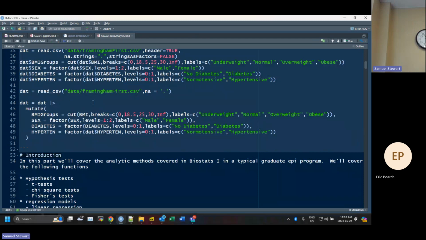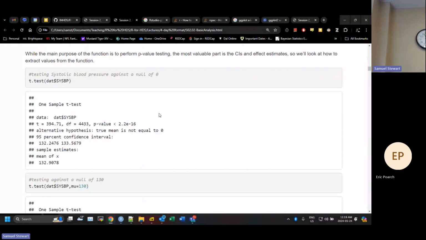If we run the t-test itself, if we run it without assigning it to an object, it gives us the default print value. That's true for all the functions. So if you run a function and don't assign it to an object, it just gives you the output. But you're usually going to want to assign it to an object because you want to be able to pull up